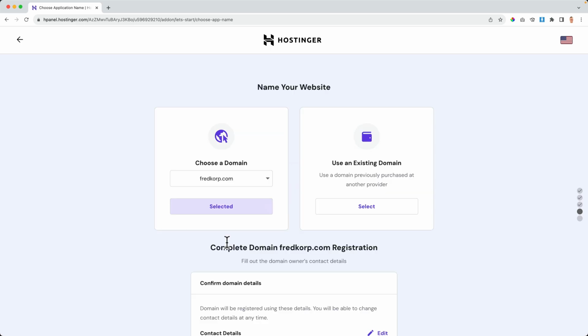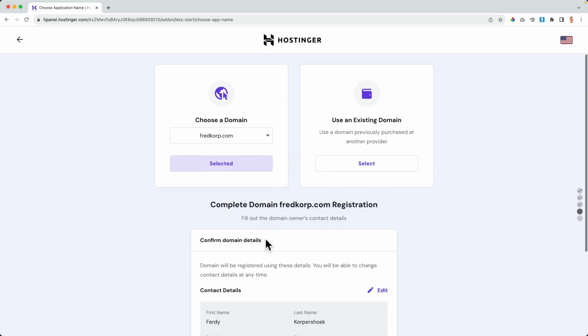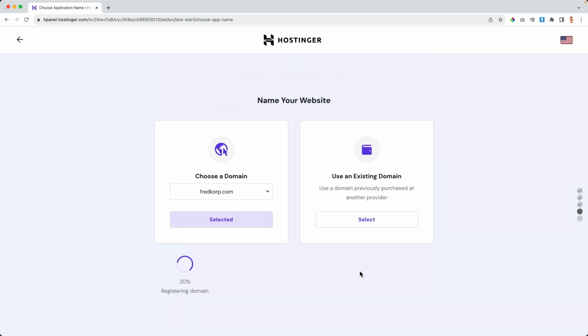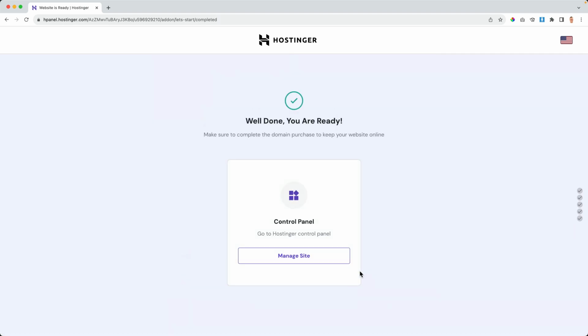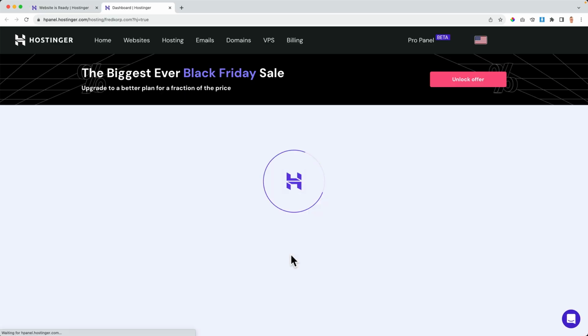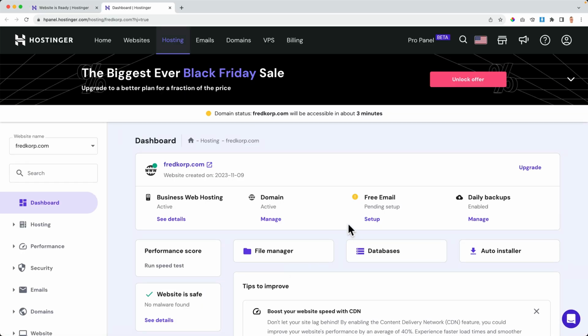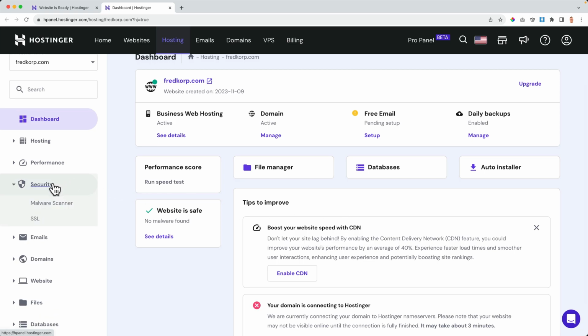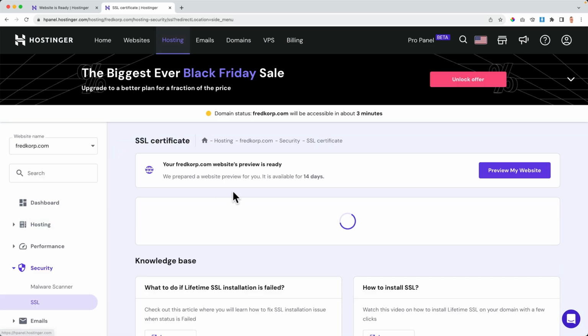I click on select. Okay, finish the registration. Awesome. Now I want to manage the site. So I click here. Great. I want to go to security, SSL. See how that is going.